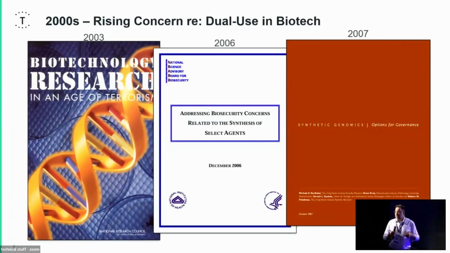As you might imagine, that caused a lot of attention on the part of governments, civil society. There was a flurry of reports and activity, and this was happening in a background of technological capability development. So nucleic acid synthesis companies at the time were starting to be able to produce gene-length DNA for the first time. And so you had this concern matched with an increase in capability.